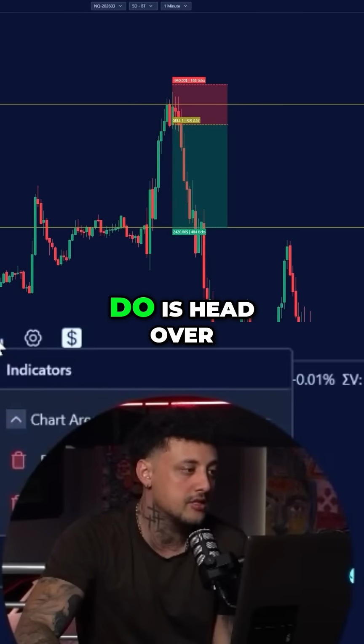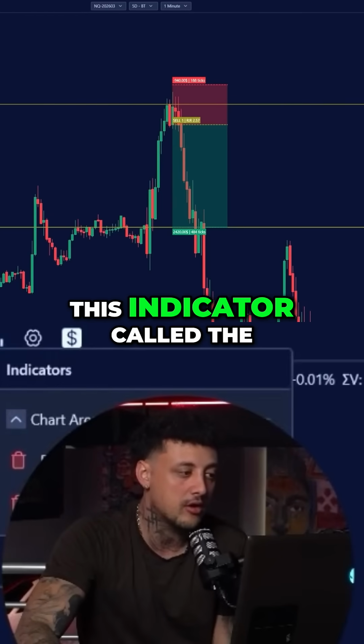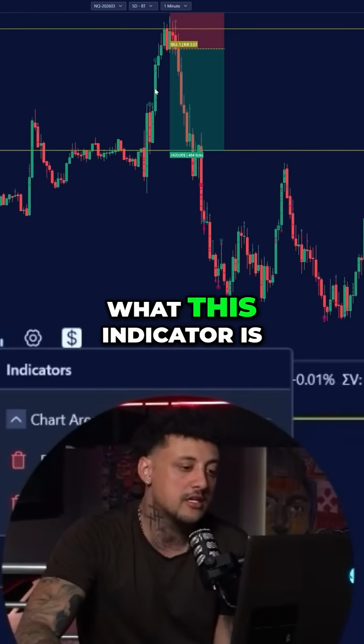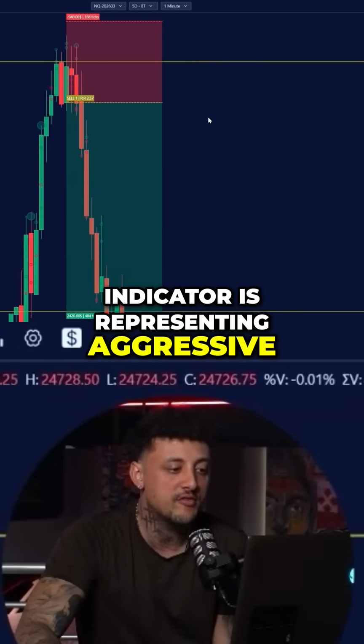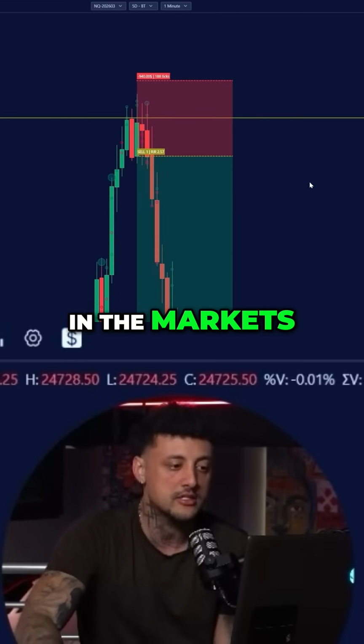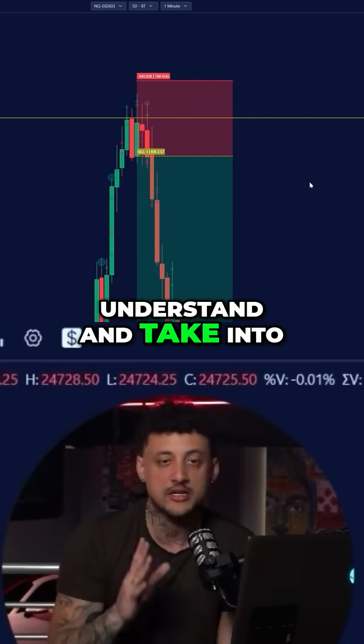All I'm simply going to do is head over to my indicators and turn on this indicator called Deep Trades. Now, what this indicator is representing is aggressive buying and aggressive selling in the markets. The one thing I need you guys to understand and take into consideration is that